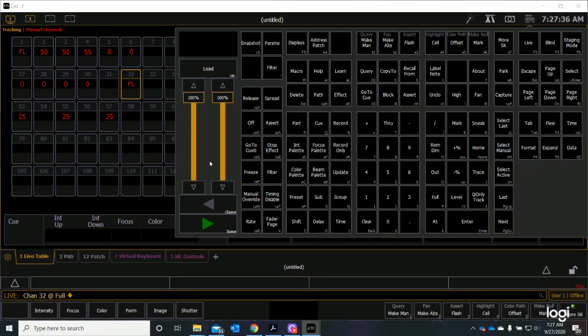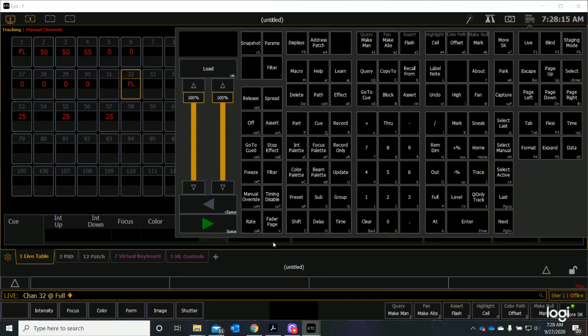All right, and I will talk more about it later, but there is a difference between 0 and null value, right? Now they both have the fixture turned off, but there is indeed a difference between what channel 6 is doing and what channel 7 is doing, right? And we'll talk more about it when we get into tracking. All right, but right now I have channel 32 entered, and if I want to completely remove it, so that it is not showing a 0, that it has null value,